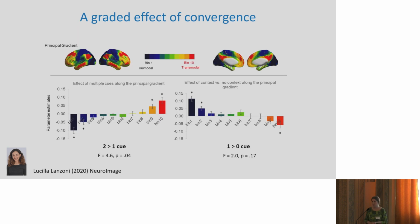And this is the ROI analysis that's like the one in the previous study, looking at a succession of bins along the principal gradient. The effect of multiple cues is on the left-hand side. You can see it's essentially a linear increase as you go along the principal gradient here. There are also other spatial trends. It's a little bit complicated. The one cue over zero cue contrast doesn't show that same pattern. So that's further evidence that the top end of the principal gradient, the default mode network, might be important for